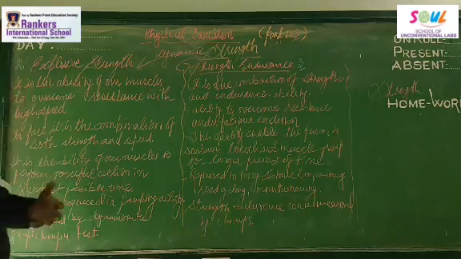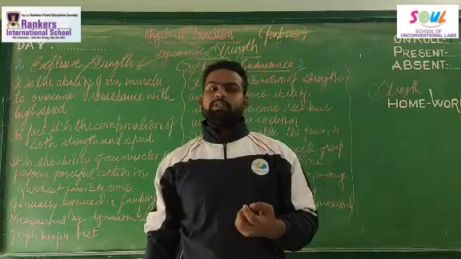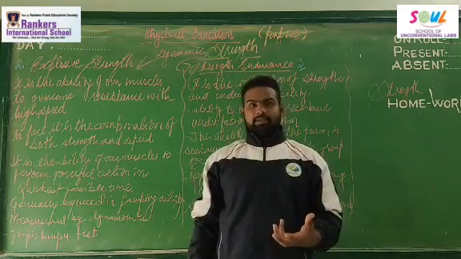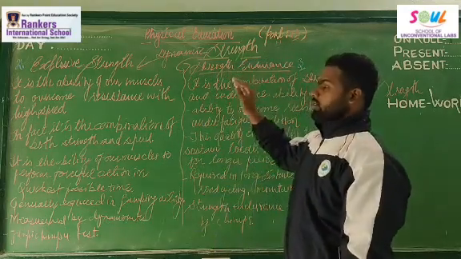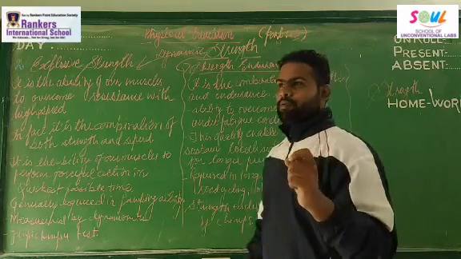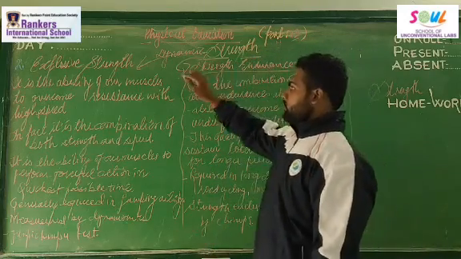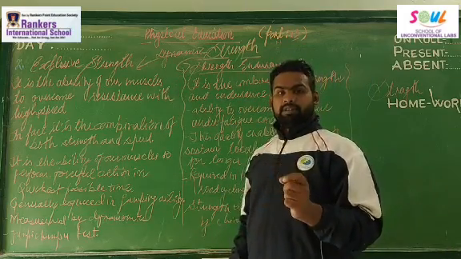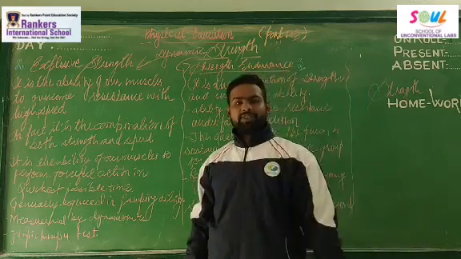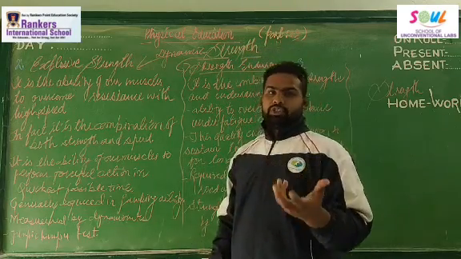Whenever you hear the word explosive, there is an explosion or something explosive. It means something which is very fast, very quick, like a blast, right? So what exactly is the meaning of explosive strength? Explosive is to perform something very quickly, in the quickest possible time. And strength is the ability of muscles to overcome resistance. So to overcome resistance in the quickest possible time is called explosive strength. The example is the standing broad jump.